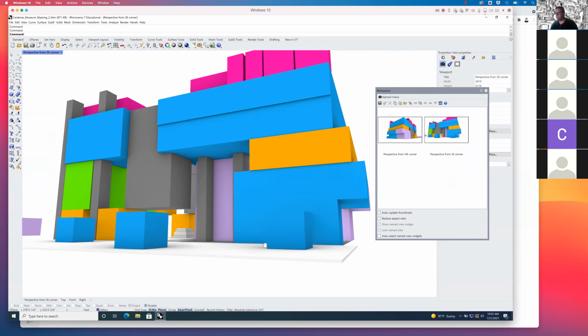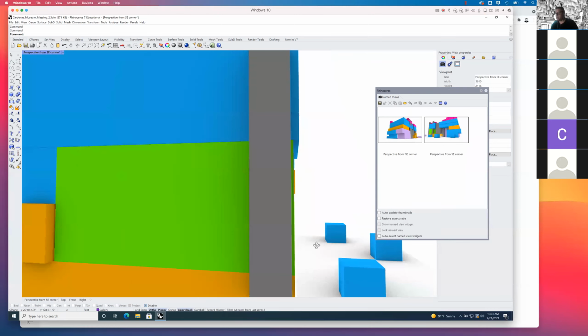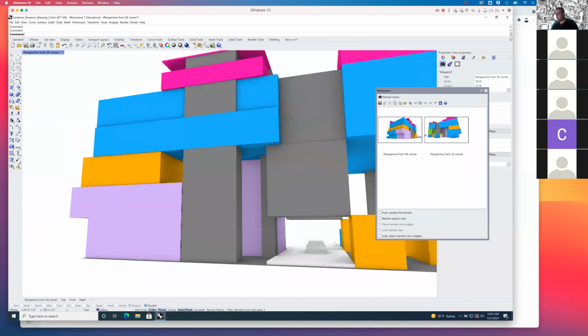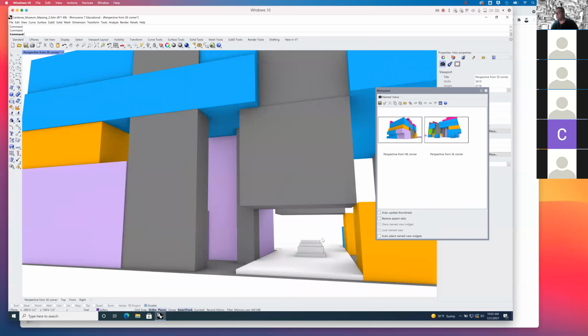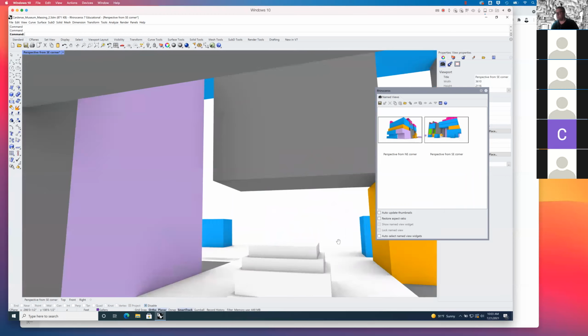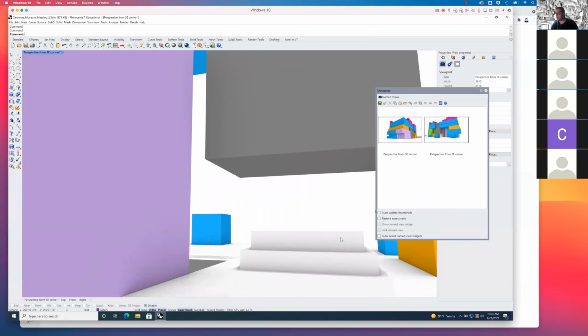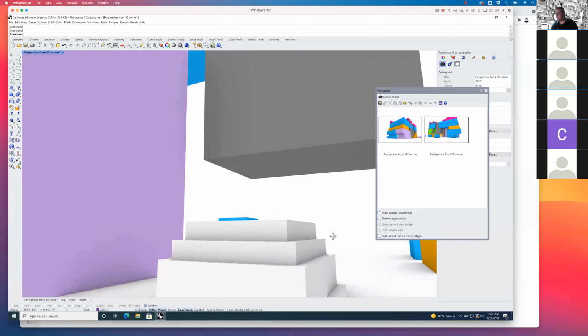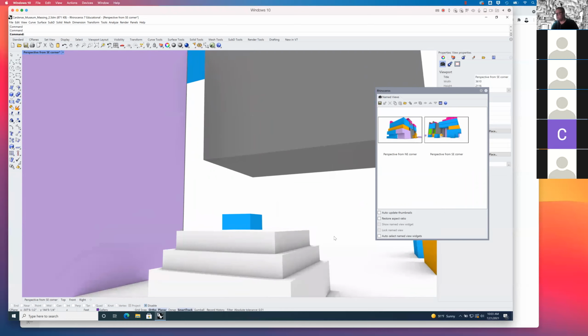All right. And so again, I'm just coming around. I want to have a conversation with each of you about what we're going to be looking at with your interior and exterior perspectives. And so it's so easy to mock these up and understand, well, what am I looking at here? If I, let's say,